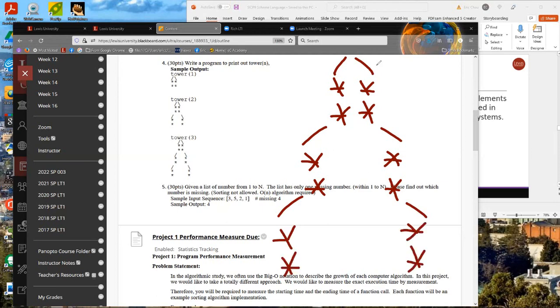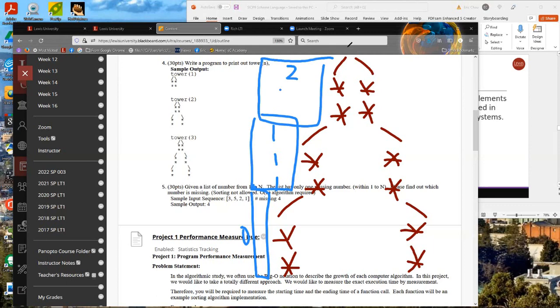Let's look at the space right here. Space right here up to this one, it should be 0. This one should be 1, 1, 1 space. Here, this one will be 2, 2, 2. So the iteration is, say, here is level 1, level 2, level 3, or you can use 0, 1, 2. Let's use 0, 1, 2 because we usually do for i equals 0, i less than n.